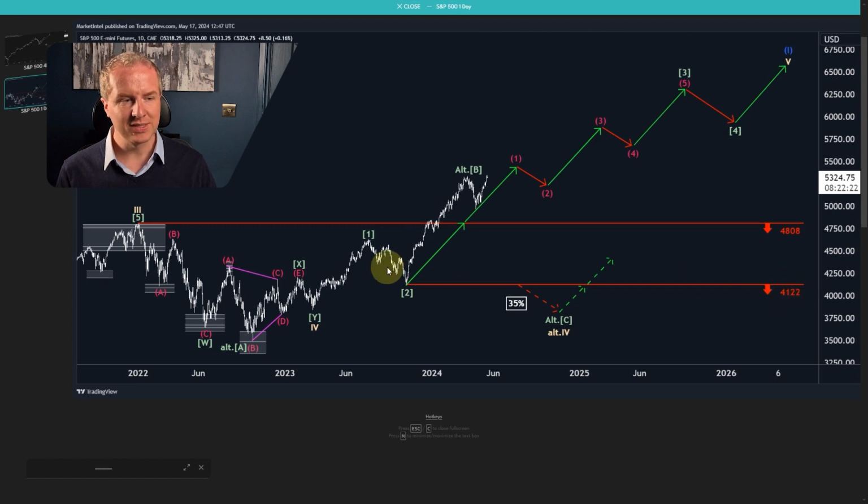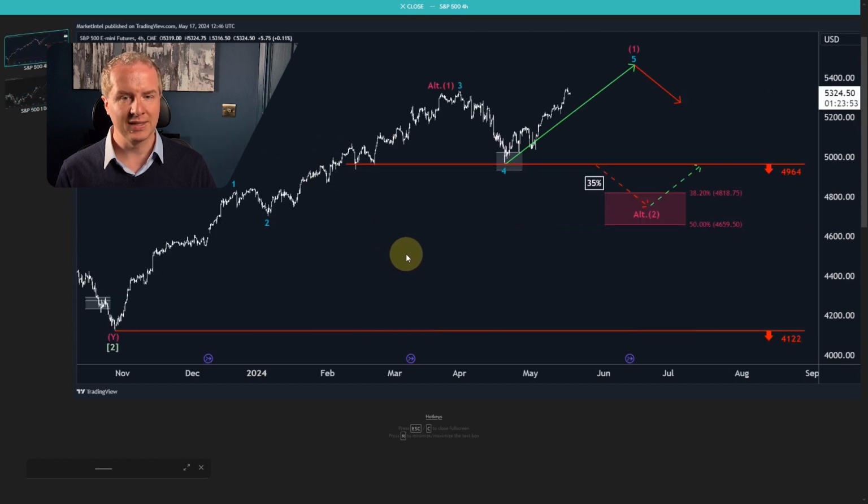In the alternative scenario on this time frame, you can see that the decline into the 2022 lows was just an A wave. We now basically see a B wave rally, quite a substantial one, and we are watching for a C wave decline, but we are holding all support levels currently on the smaller time frames. So really to favor this one, that a C wave has started, we need to see a few support levels break first. So what I would like to do now is we take a look at the 4-hour chart now.